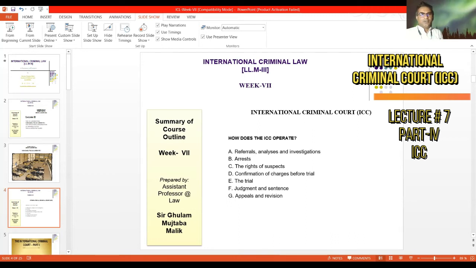And how will the trial be conducted? At the trial, the prosecution and the counsel for the defense have the opportunity to present their case. The prosecution must present evidence to the court to prove that the accused person is guilty beyond all reasonable doubt. This evidence may be in the form of documents, other tangible objects, or witness statements. The prosecution must also disclose to the accused any evidence which may show that he or she is innocent.